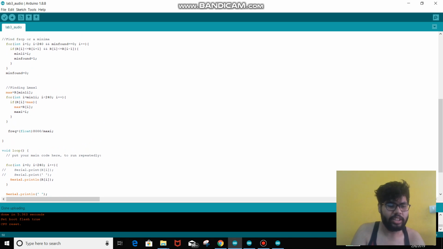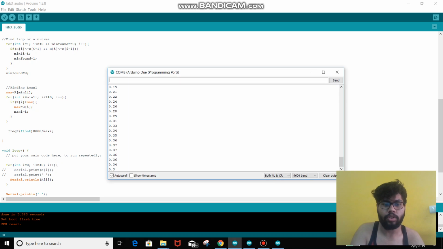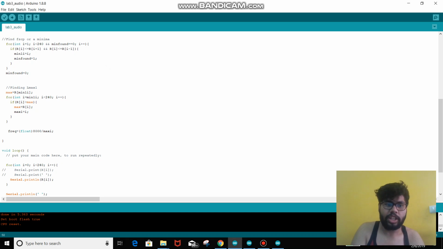An interesting thing to notice here is that although the Due board is a more advanced board and has more storage, the uploading time is quite a bit more compared to Arduino Uno. Now we see here the pitch frequency that we find is 186.05. As we know, the range of human female pitch frequency is between 180 to 250. So we assume that the speaker in this case was a female, and we conclude that the experiment was done